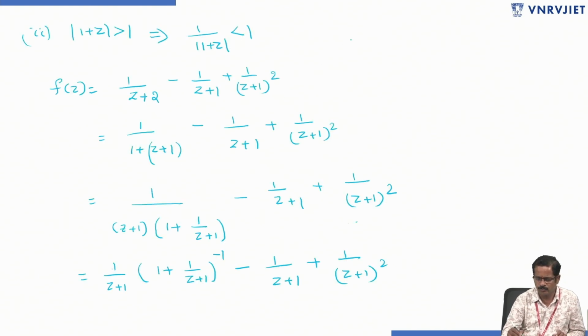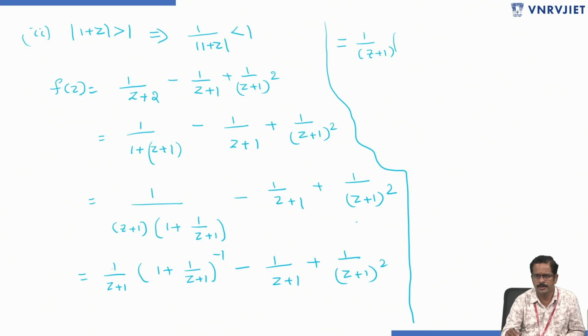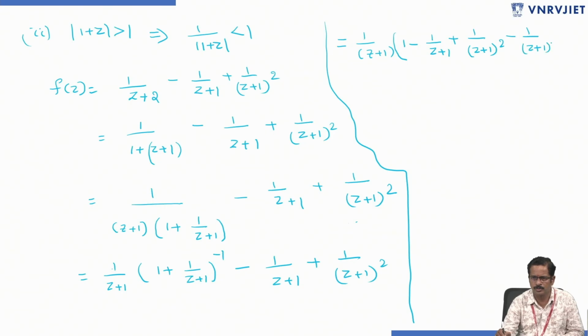So then if you expand it, which is equal to 1 by z plus 1 into its expansion, 1 minus 1 by z plus 1, plus 1 by z plus 1 whole square, minus 1 by z plus 1 whole cube plus and so on,